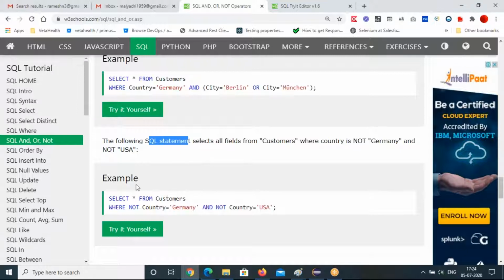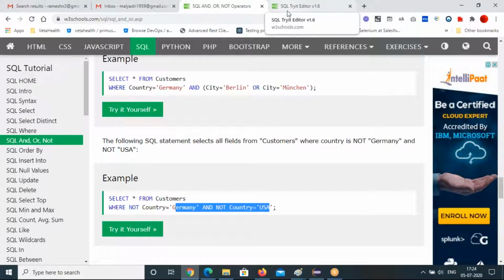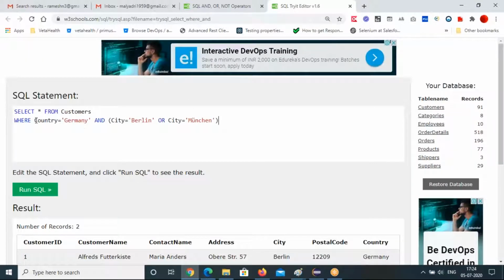The following SQL query will fetch all the records from the customers table where the country name is not Germany and not USA. That means the country name should not be Germany or USA. You exclude these two countries, and the remaining you give to me. That's the query you are asked to write. So see that, NOT country Germany, and the country name USA also should not be. So that's what they want, where NOT